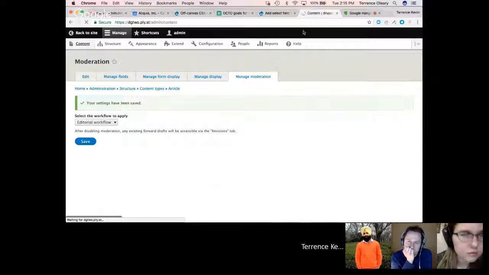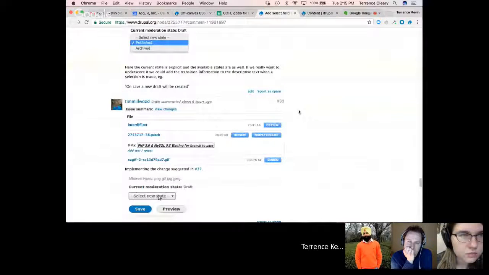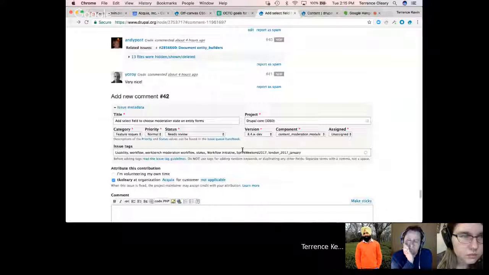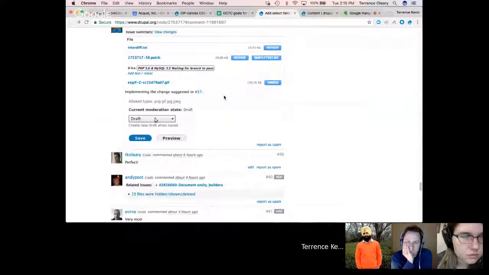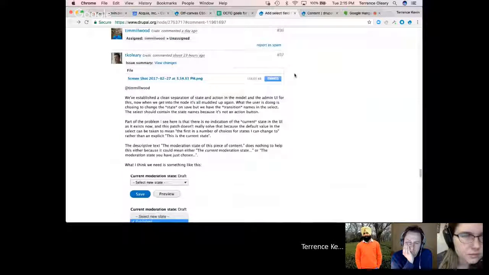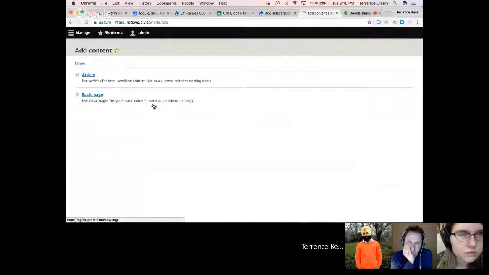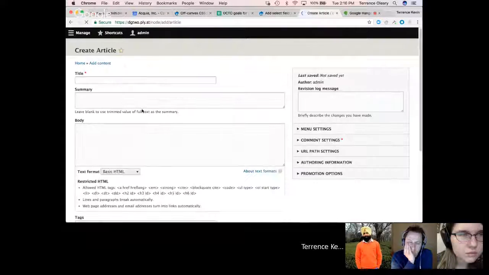But that's not what this particular issue is doing. What this particular issue is doing is it has a patch that Tim Millwood just put in, which is awesome. I put in a design a few comments before, and basically the patch is doing this. So if I add content, add an article, give it a title,